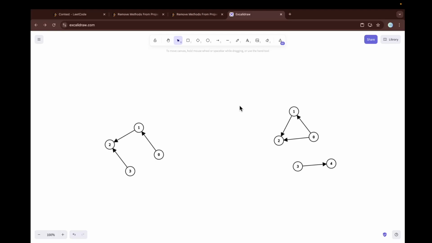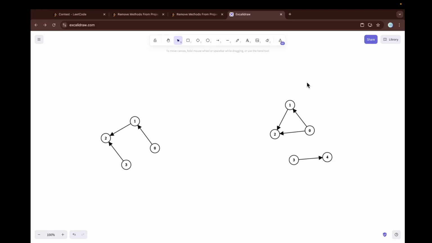I've already taken the example. Let us understand this example first. In the second example, node 1 invokes 2, node 0 invokes 2, and node 0 invokes 1. So all three become suspicious. But there is no contact of these suspicious nodes with the non-suspicious nodes. So in this question, our answer will be 3 and 4, because 3 and 4